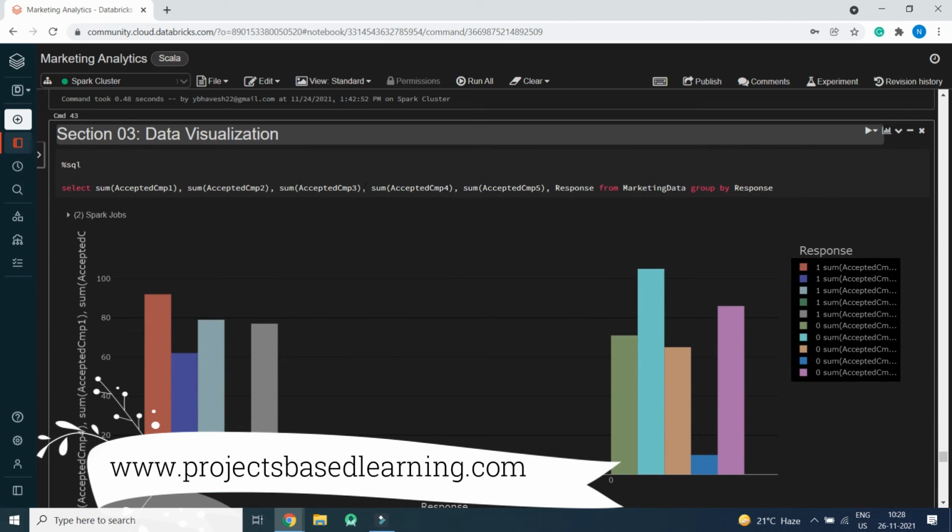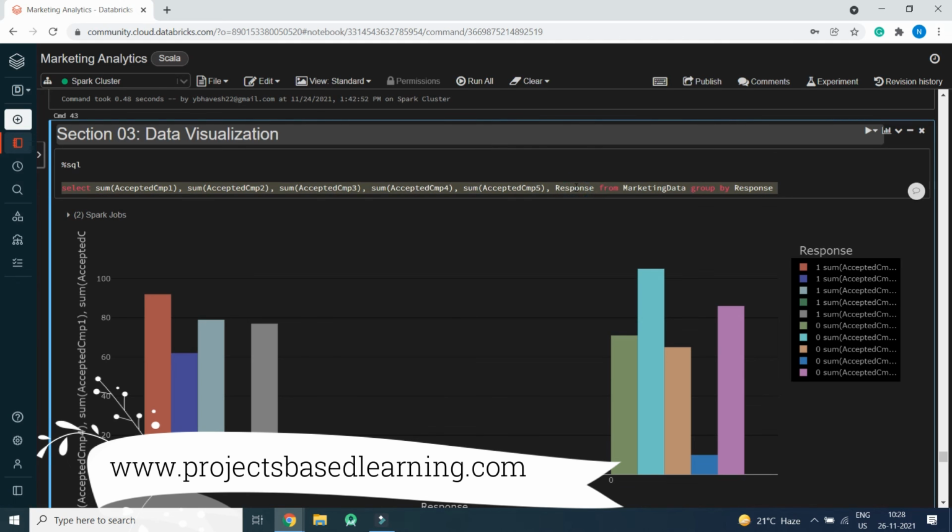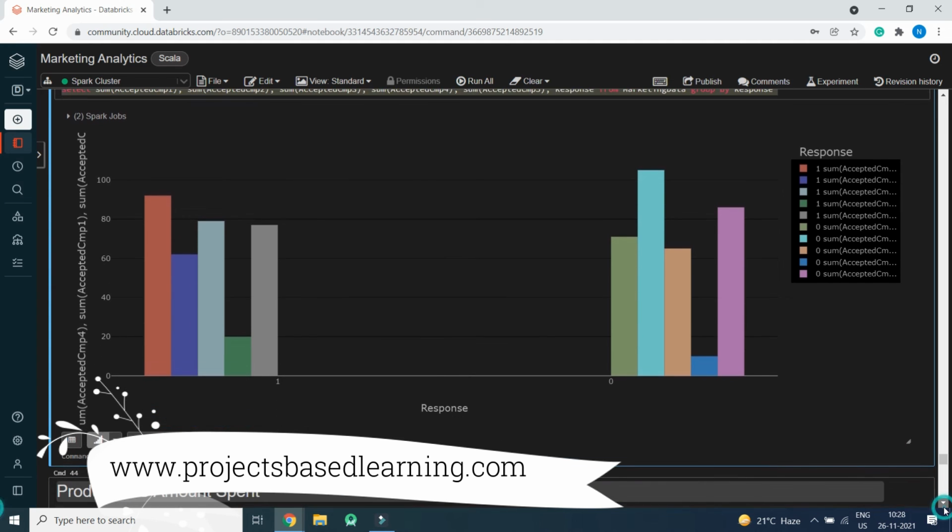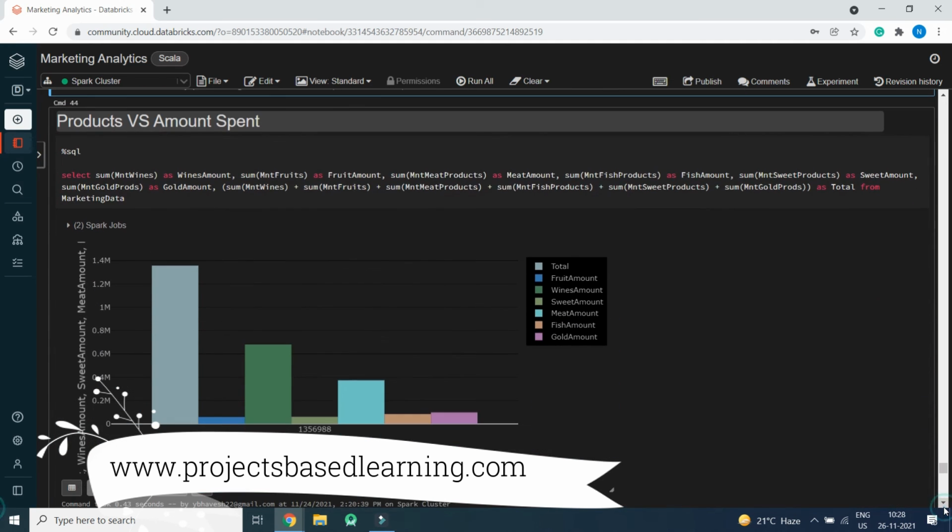Now we will visualize the data. Sum of accepted campaigns of all 5 campaigns with respect to response. Response is a column name available in the marketing data, and we are grouping by response. So this is the generation of the graph.